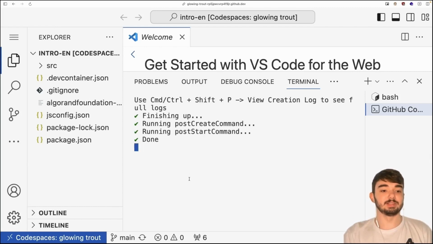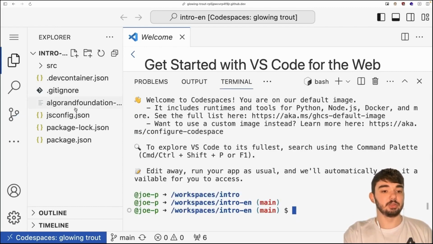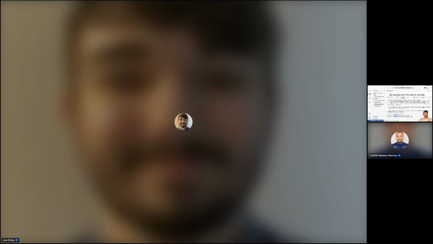I do want to give a quick disclaimer. Okay, I see a question about how we can start the code space, and this is a good time to pause and make sure that everyone that wants to launch the code space and follow along can do so. Give me one second and I will share my screen. Share screen. Share my window.